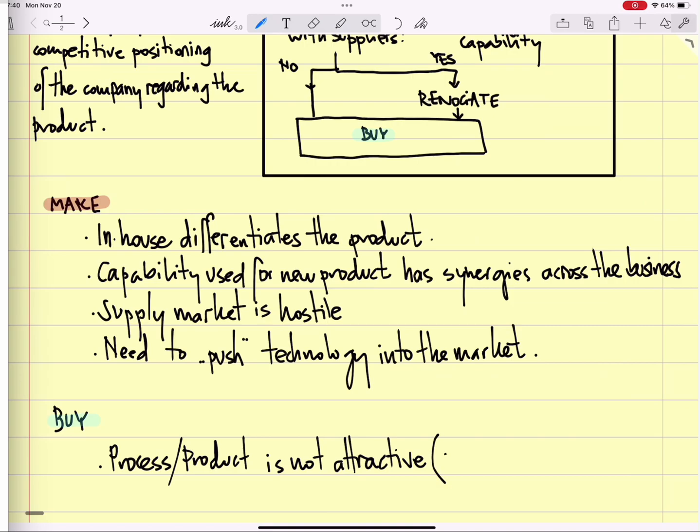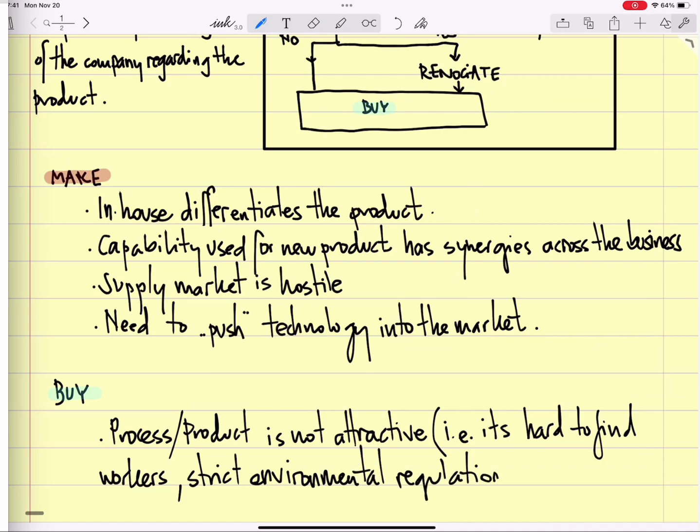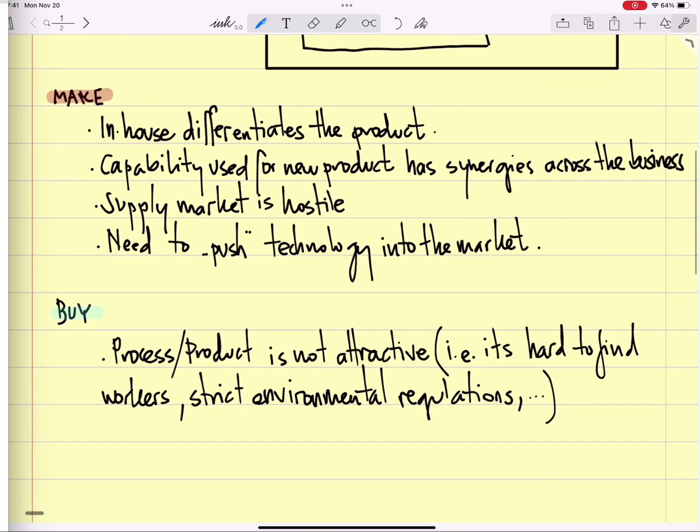Let's say it is hard to find workers that can do it, or you have strict environmental regulations that make it difficult to make it yourself in your country,